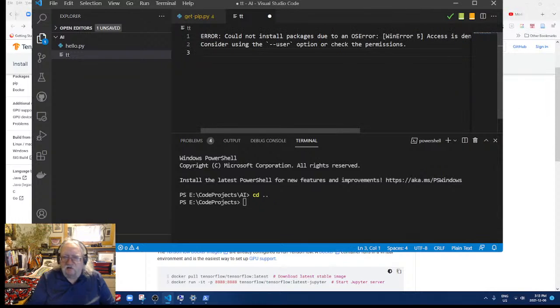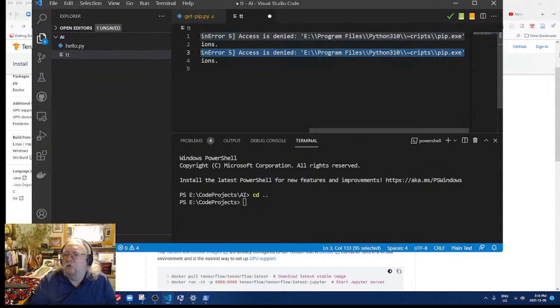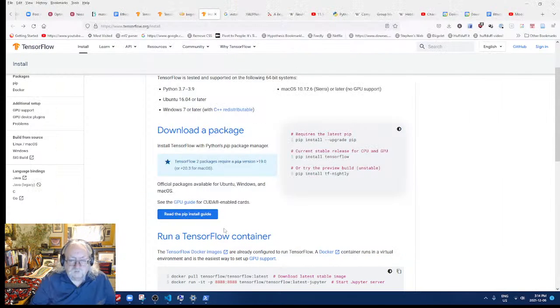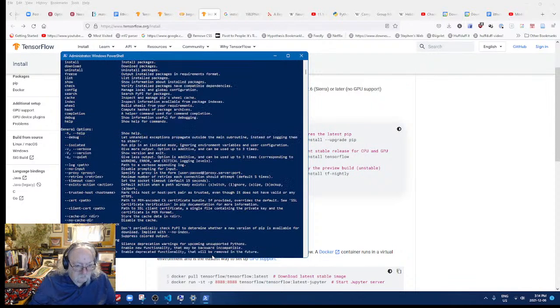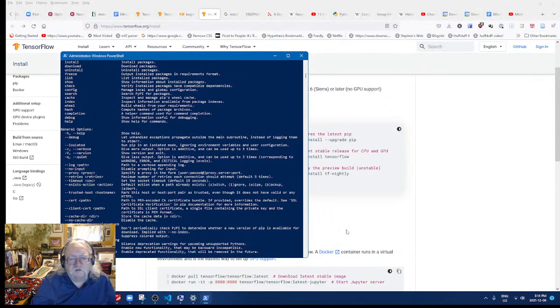Unless I accidentally deleted it just now. No. Well, I hope I haven't removed pip. Okay, it's still there. Let's just assume it's the latest version or something close to it.